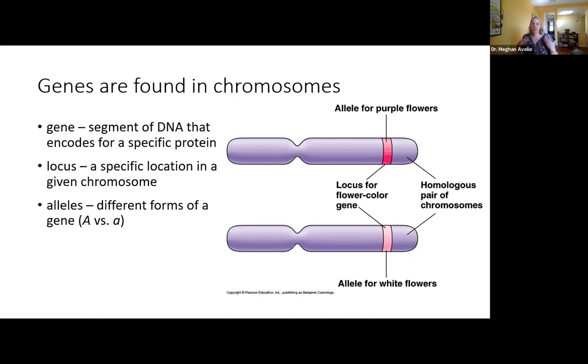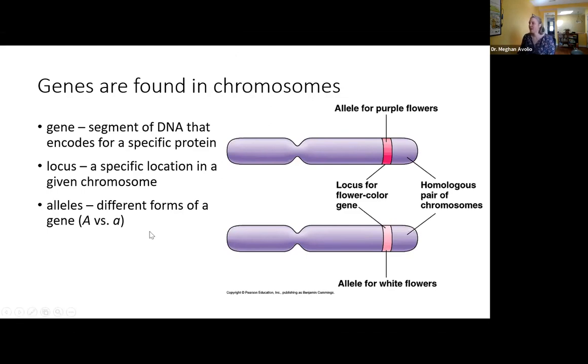And genes typically have alleles, or different varieties of that gene. Often alleles are coded in biology as different letters, either big A or little a. So here in this example, here's the chromosome. At the same locus on both chromosomes is the allele for flower color, but these 2 chromosomes have different alleles. We have one that is going to give a purple flower and one that is going to give a white flower.